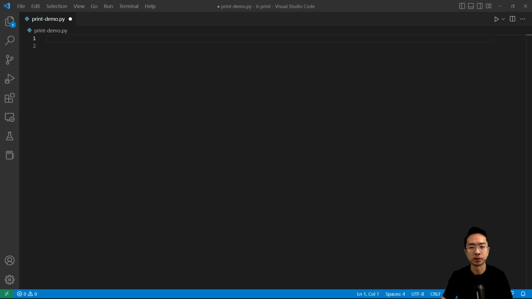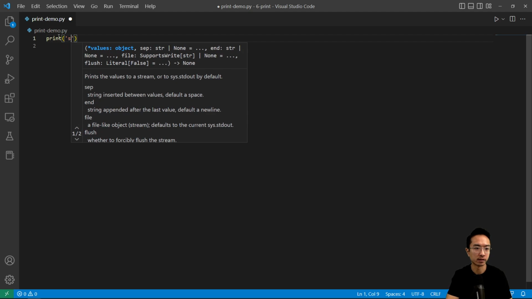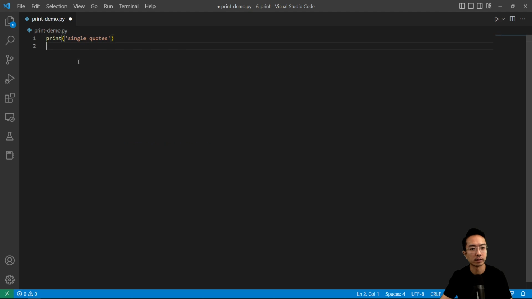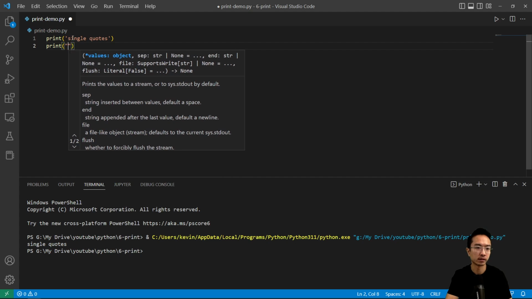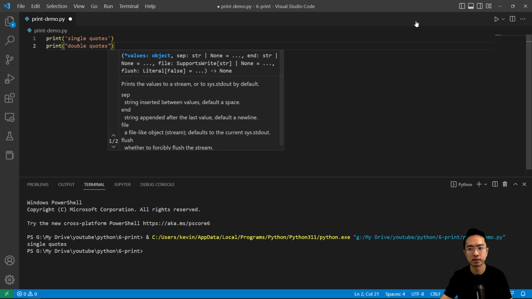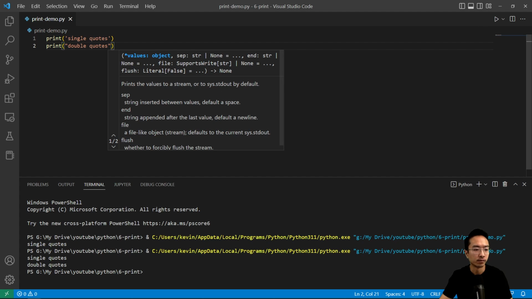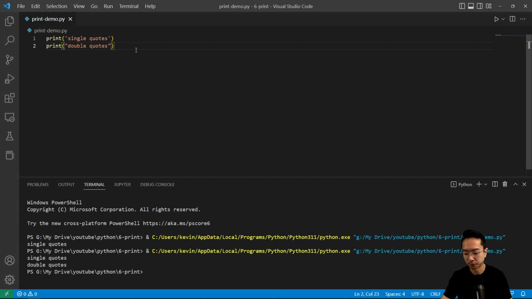Okay, in this video, I'm going to go over different ways to print things in Python. So some of the simple cases that we know about is printing with single quotes like this. So you can see single quote print. You could print using double quotes like this. Okay, so these are for printing basic strings, but maybe sometimes you want to combine it with variables that have